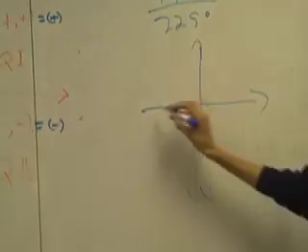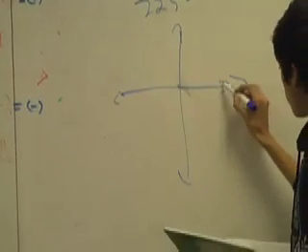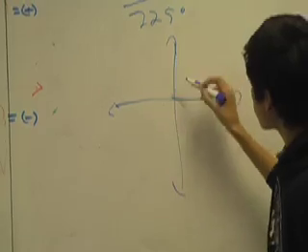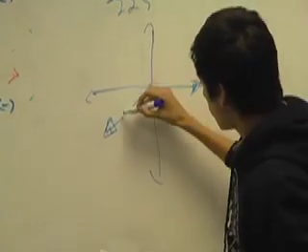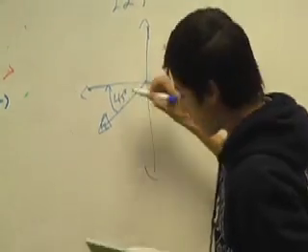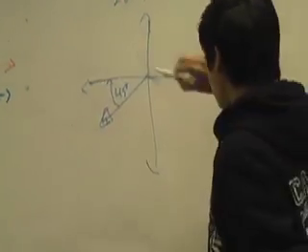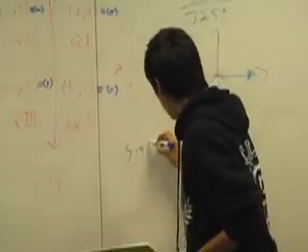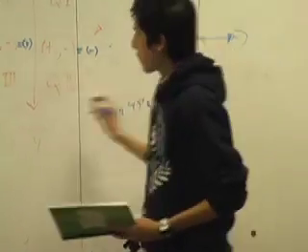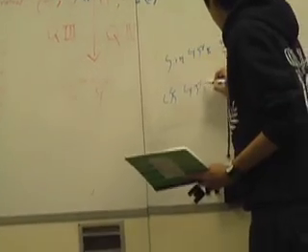So you draw out this angle and put the initial side and the terminal side, which is 225, so it opens up to around here. And you know that the reference angle for this is 45 degrees. From this chart of identities, you know that cosecant is sine's reciprocal. So you write sine of 45 degrees is equal to, and from this chart you know that it's square root of 2 over 2, so that would mean that cosecant of 45 degrees is equal to